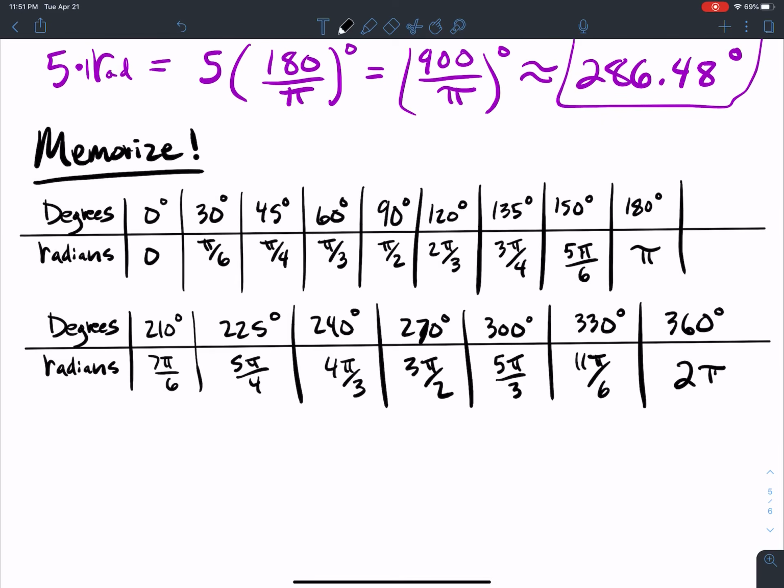That's 2 pi. Now, I know that looks like a whole lot, and we're going to go through something called the unit circle, and we're going to label each one of these on the unit circle, and hopefully when you see that, it will make a little bit more sense to you and be able to memorize that a little better. But if you can memorize it now, once you get there, it's going to make life just that